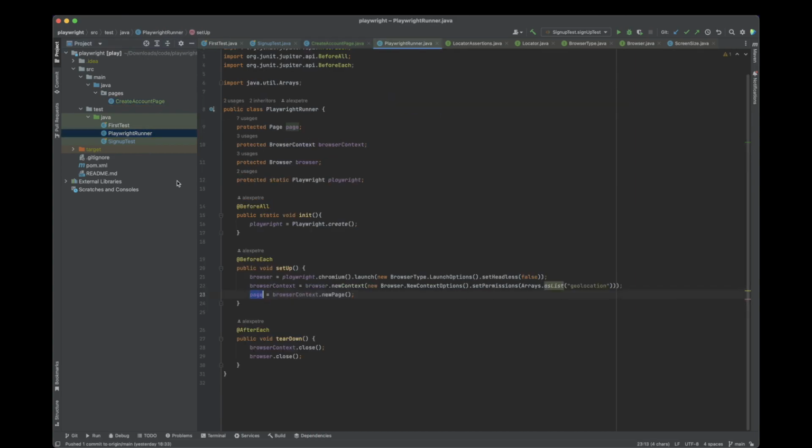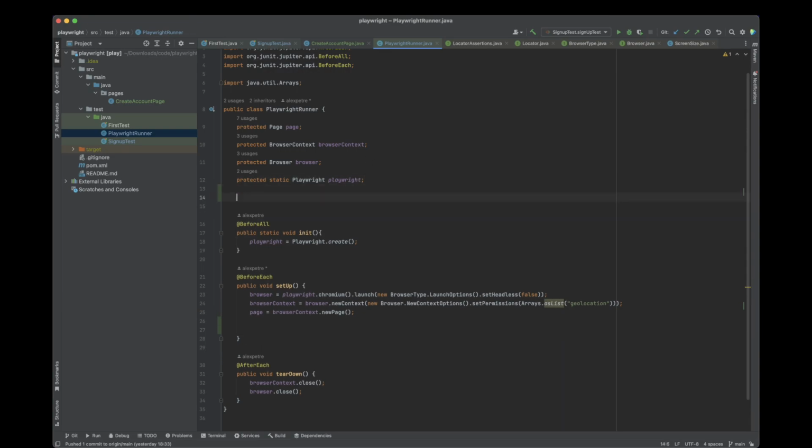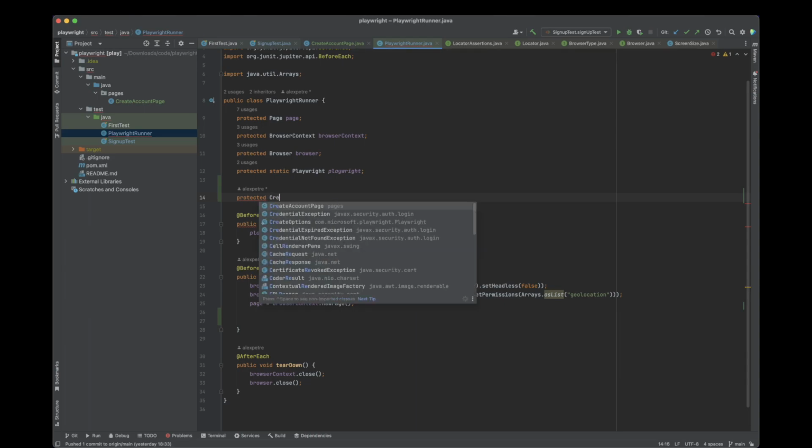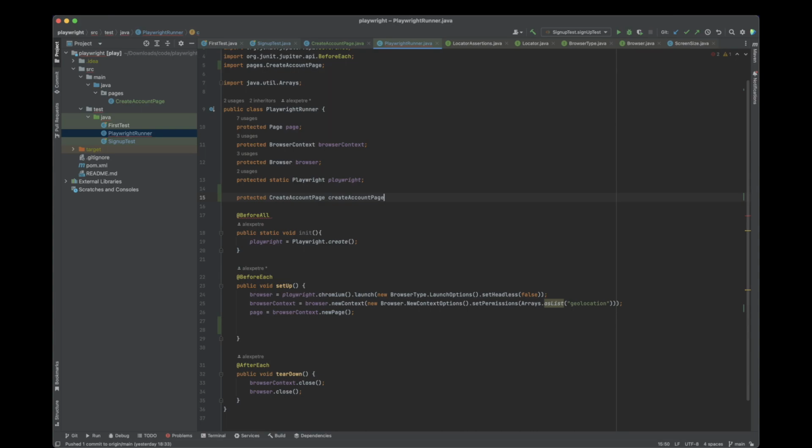We are going to invoke this in our setup method over here, and the way we do this is I'm going to declare it over here protected, because I want only my test to have access to it. I will call this create account page like so,